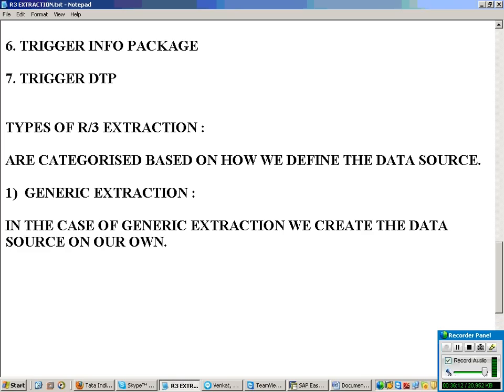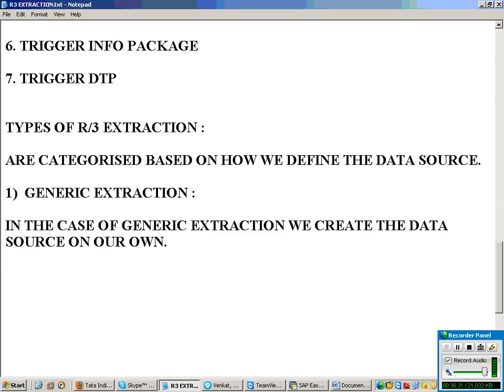Just like how you have seen in flat file extraction, I logged on to the BI system and created my data source on my own.